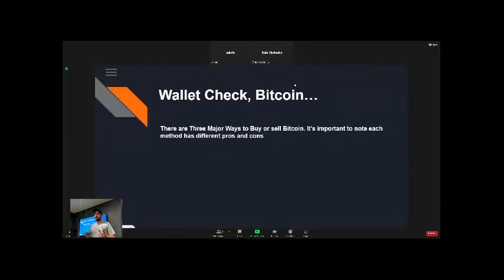Now, obviously there's a caveat to this, and that's mining. We're not going to cover mining too much in this presentation, other than showing you how a transaction works, because that's a whole other bag of worms. So in this one, we're just going to say you're looking to buy or sell Bitcoin, or just get a hold of it. There are online exchanges or platforms: ShakePay, CoinSquare, Index. They're great platforms.